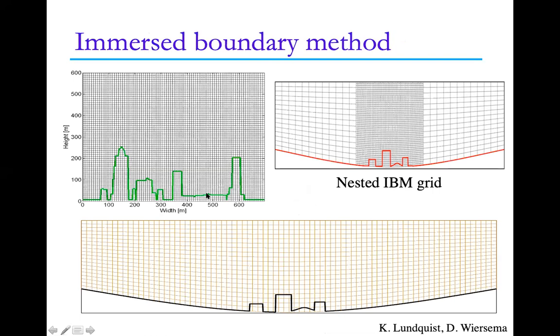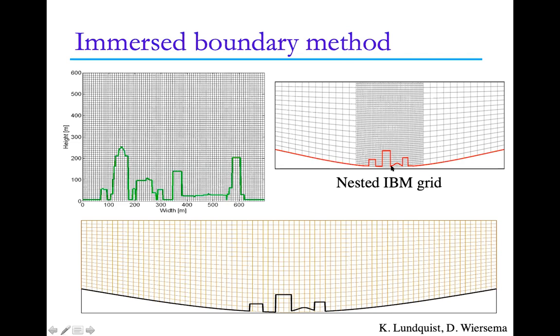So some of the things we've been developing are ways to do hybrid grids where you use terrain following coordinates for part of it for representing the topography, and then you might immerse the buildings on top of this, and also the ability to do nesting from mesoscale down to a fine scale simulation that uses IBM.